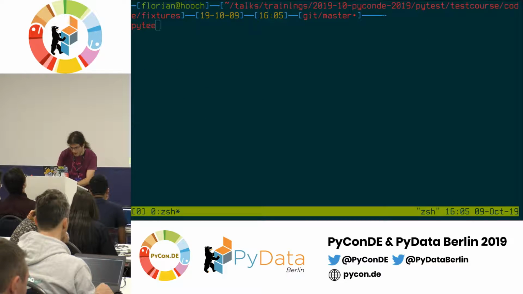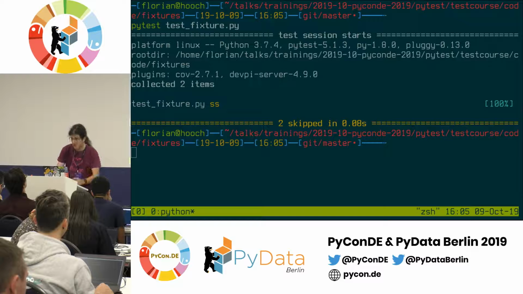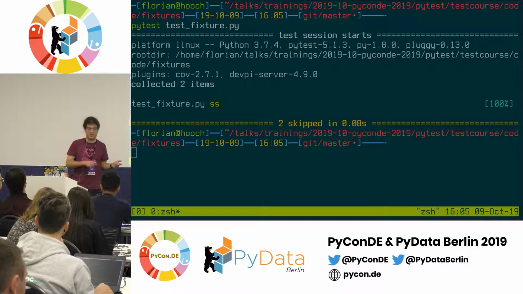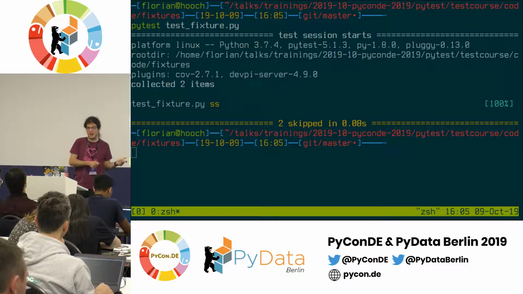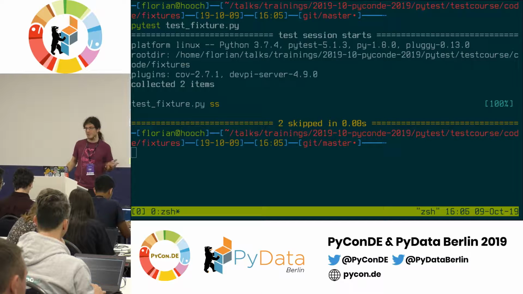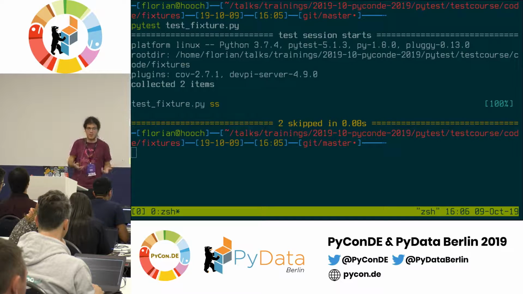and now run pytest on it, it will skip both of those tests. So the gist of it is that a fixture can say, hey, I can't do this, I will skip this test. And whatever test is using that fixture will automatically be skipped. Because there is some kind of dependency, some kind of object it needs, which isn't available for whatever reason.